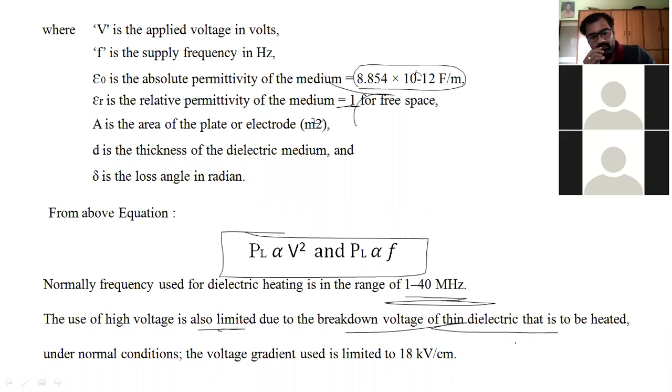So this voltage gradient is also going to be maintained along the length of your heating element. Okay, these are some factors. So this is the process we are going to use here for the dielectric method. Okay, there are some advantages and also applications where it is used. Let us see.